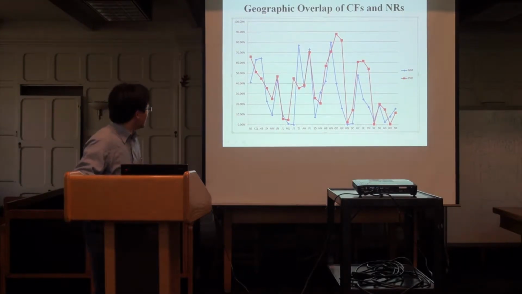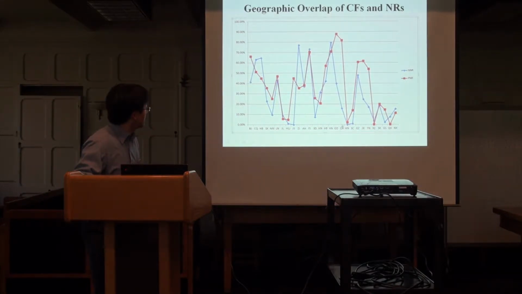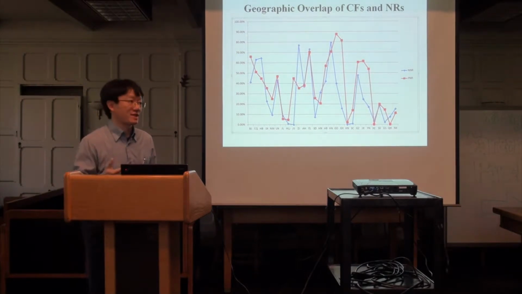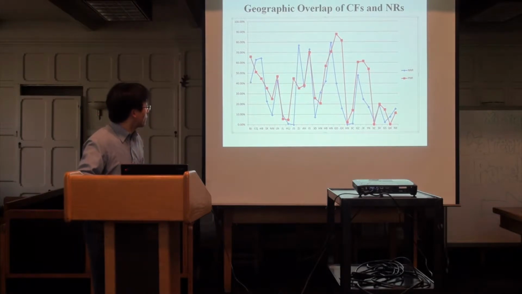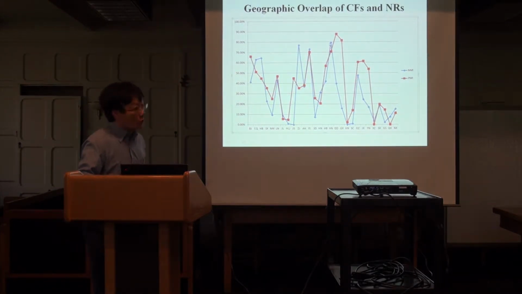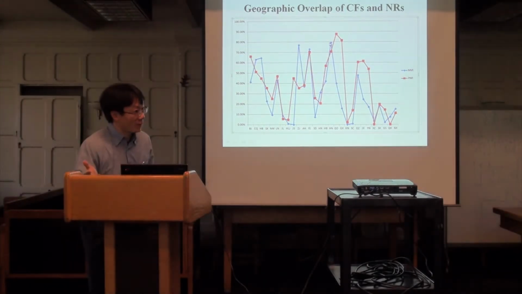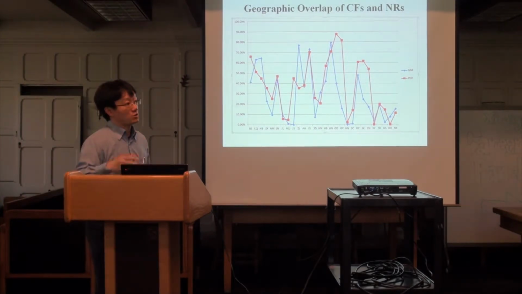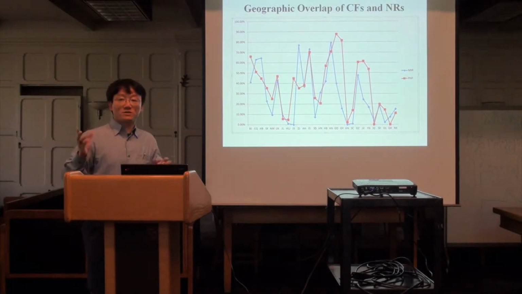You have found that in this place, Hunan province, more than 80% of provincial nature reserves have collective forest inside. For the national nature reserve, you can find this is Guangdong province, almost 80% of the nature reserves have collective forest inside, also very high. So that's what we call very serious overlapping.